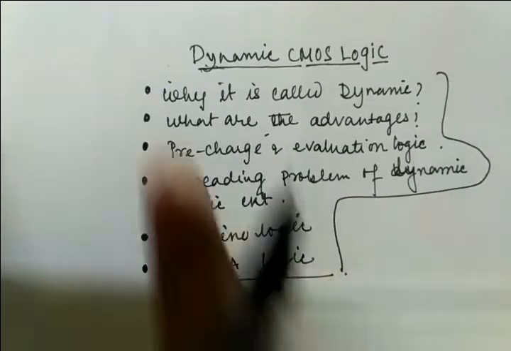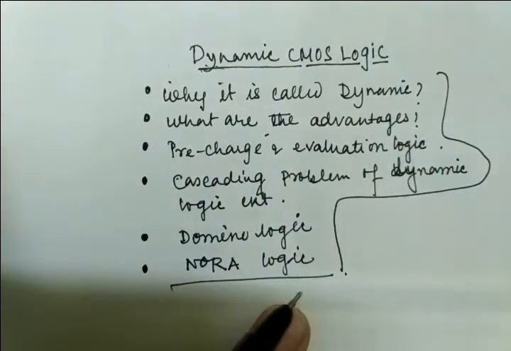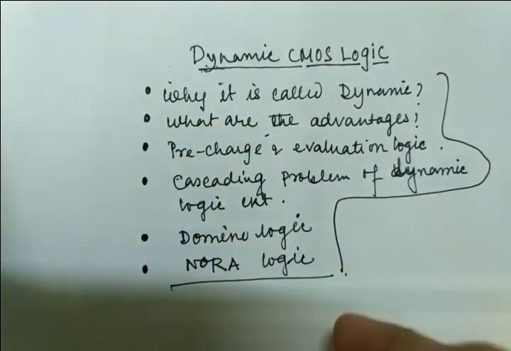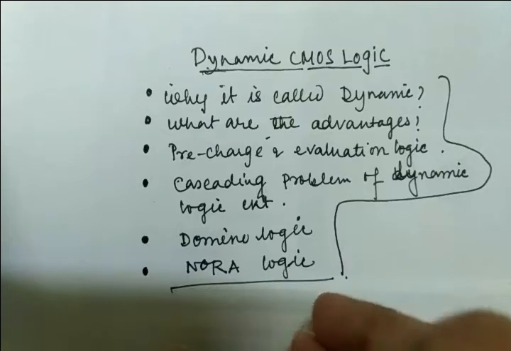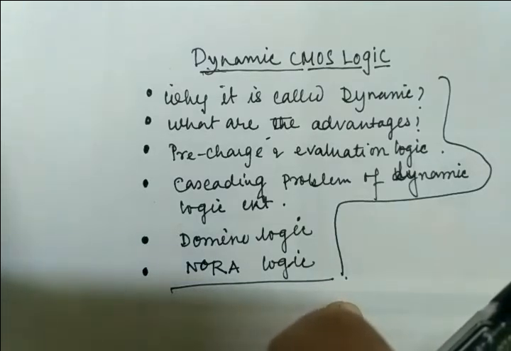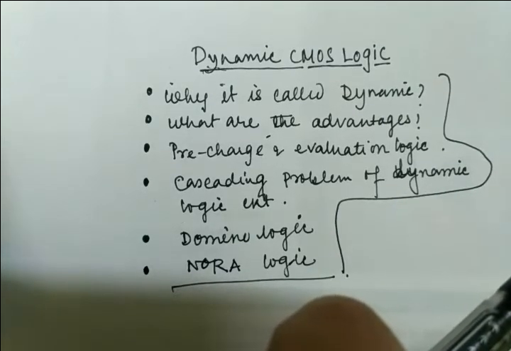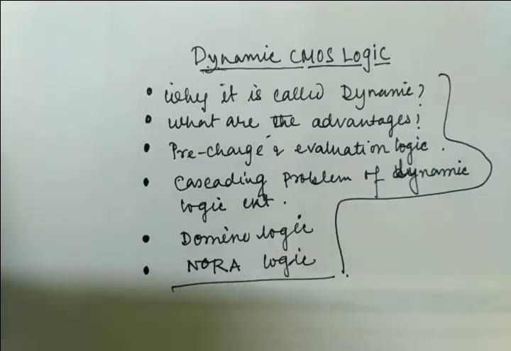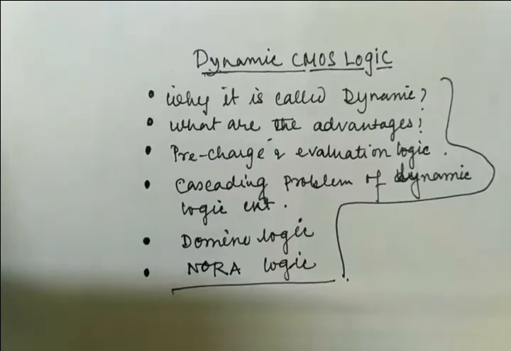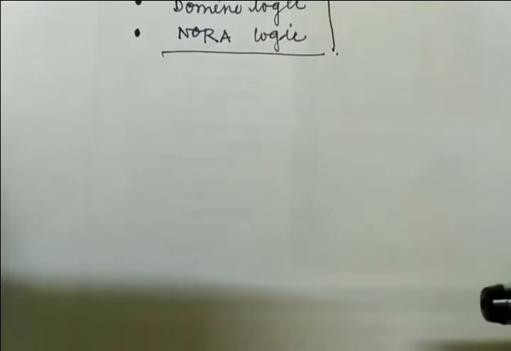So I will highlight all these points because all these points are necessary and very important for this last module of digital VLSI. You have to know everything, right? And it's very interesting. If you draw the diagram properly, if you go through step by step, then it will be much easier to understand, right? Okay, so let's come to the point. What is dynamic logic circuit?